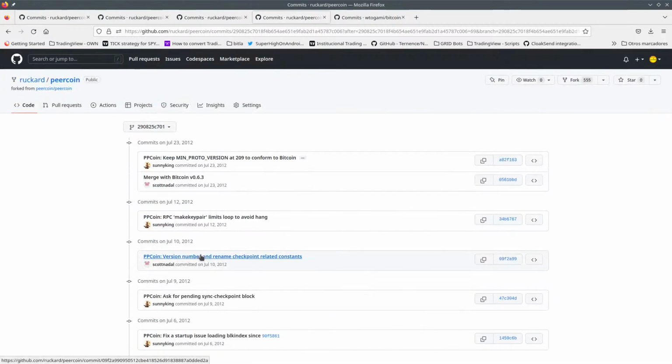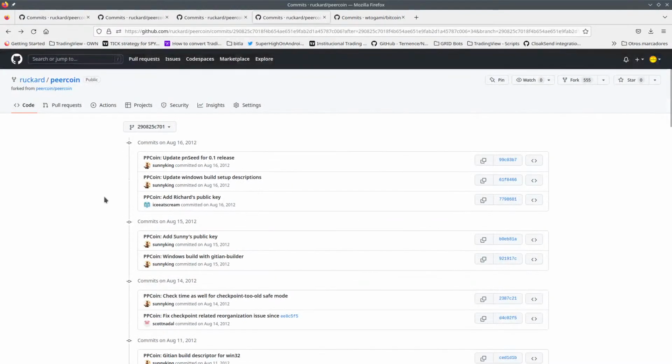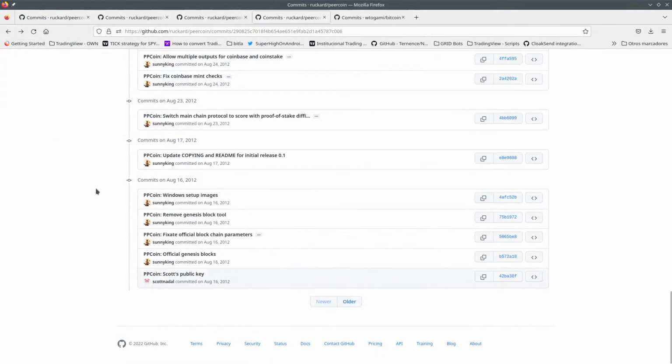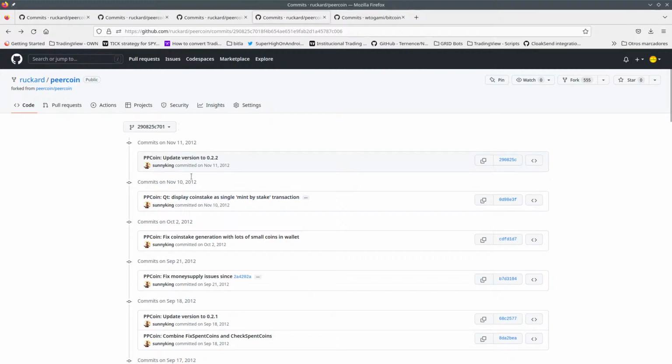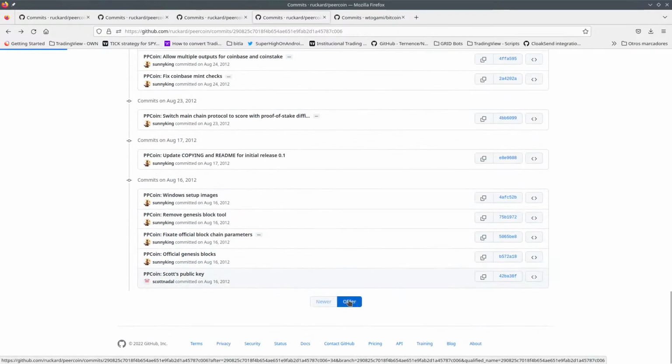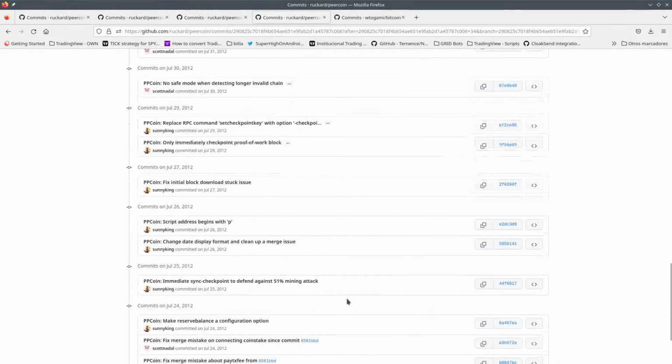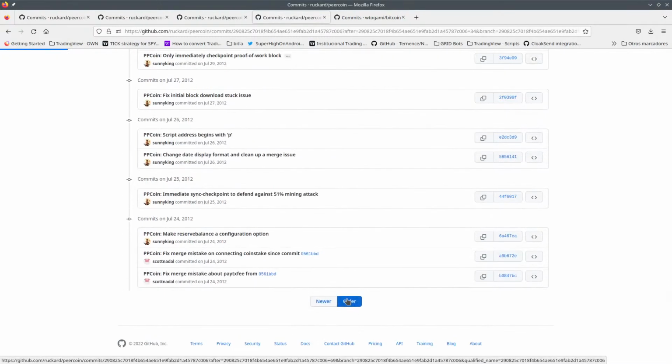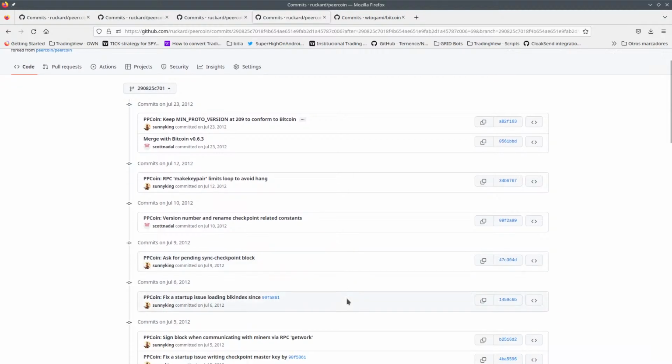Yeah, so I guess I'm going to use the first commit, which is this one here. .2.2, and then I will just use the first commit, which is from Bitcoin itself, and that's it, because otherwise,